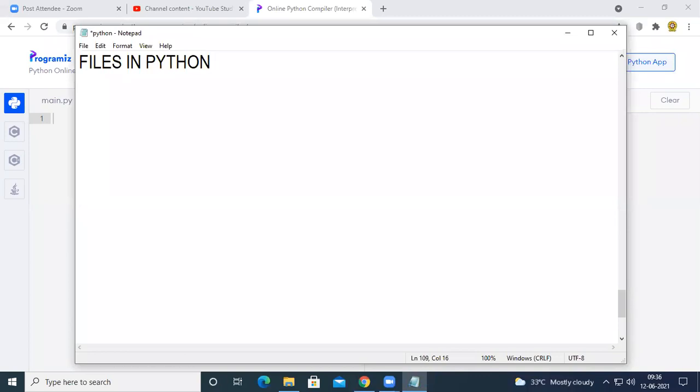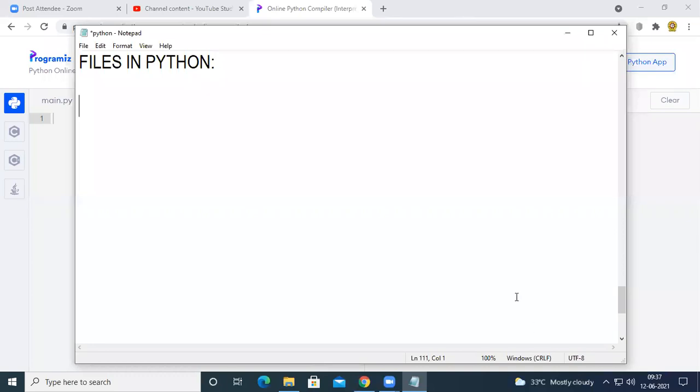First thing: every programming language supports working with files. In C programming language also, we can work with files. In Java also, and in Python also. So it may be any programming language. So what are the things we can perform on files by using programming languages?